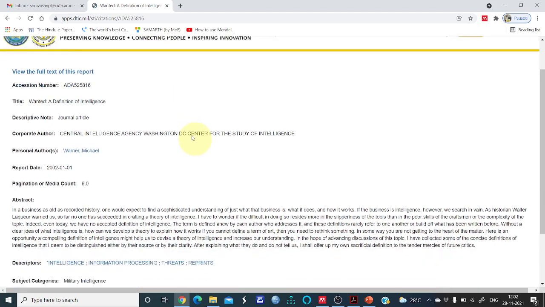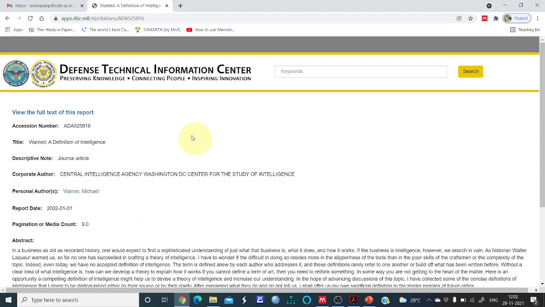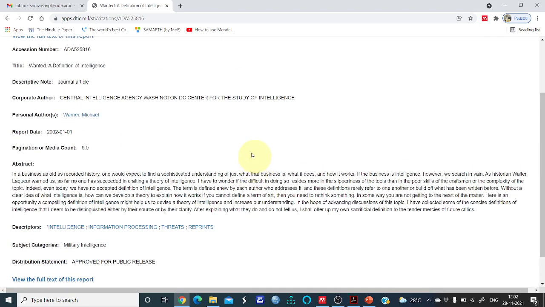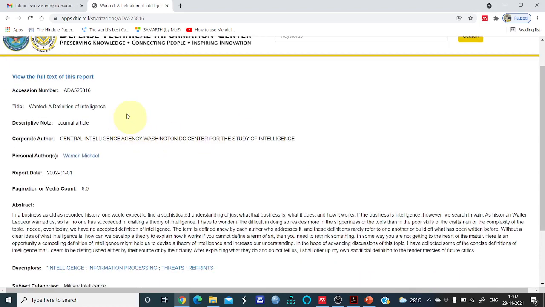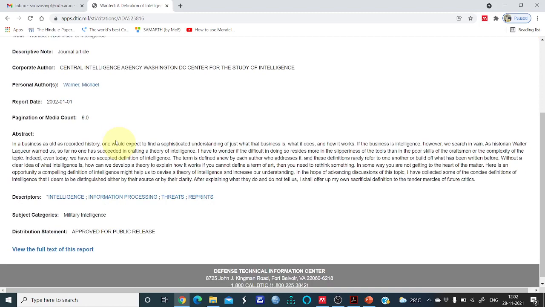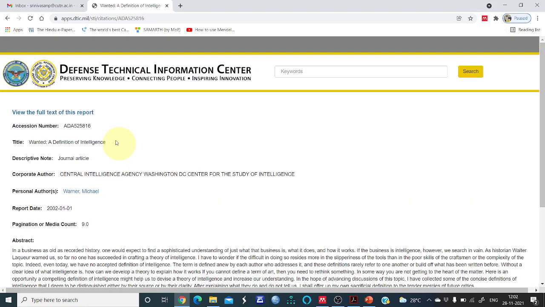This is an article by Michael Warner, where you can get all those things: the title, the journal name, the author name, abstract, descriptors, everything.